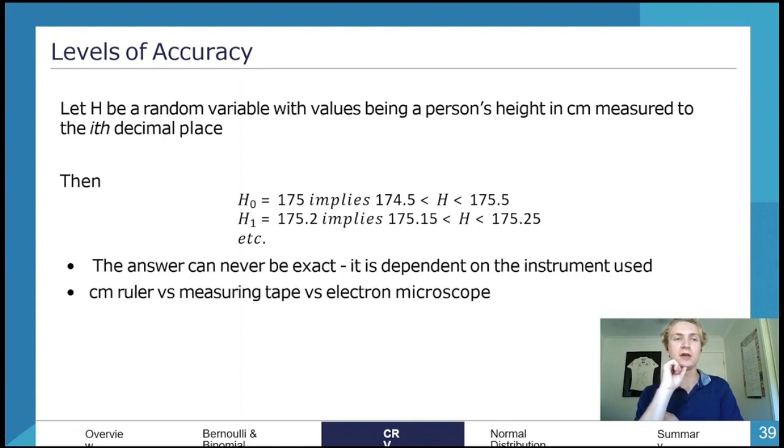But yeah, so we're going to let h be a random variable with values being a person's height, so height being h in centimeters. Remembering that units is very important. Make sure you have units. You will miss out on marks if you don't have units. Measured to the nth or ith decimal place. So if we have h0 equals 175, what we have is actually